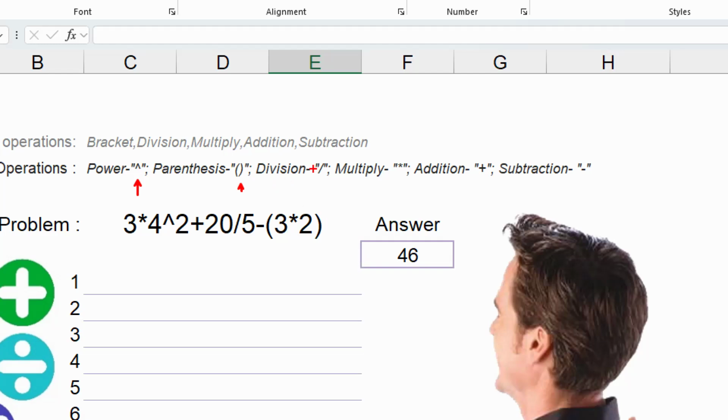When it's done, you can use either division or multiply, any one of them first, or addition and subtraction, whichever comes first. If the multiply comes first, do the multiply. If the division comes first, do the division. For addition and subtraction, also the same. Any one comes first. You can do the subtraction first, then the addition, or the addition first, then the subtraction. As long as you solve those in the bracket first, or if there is an exponential.